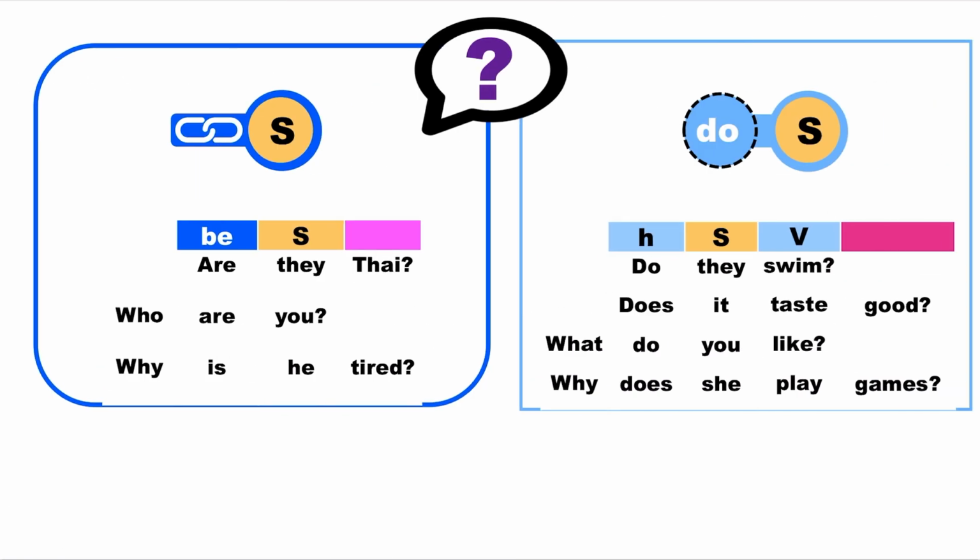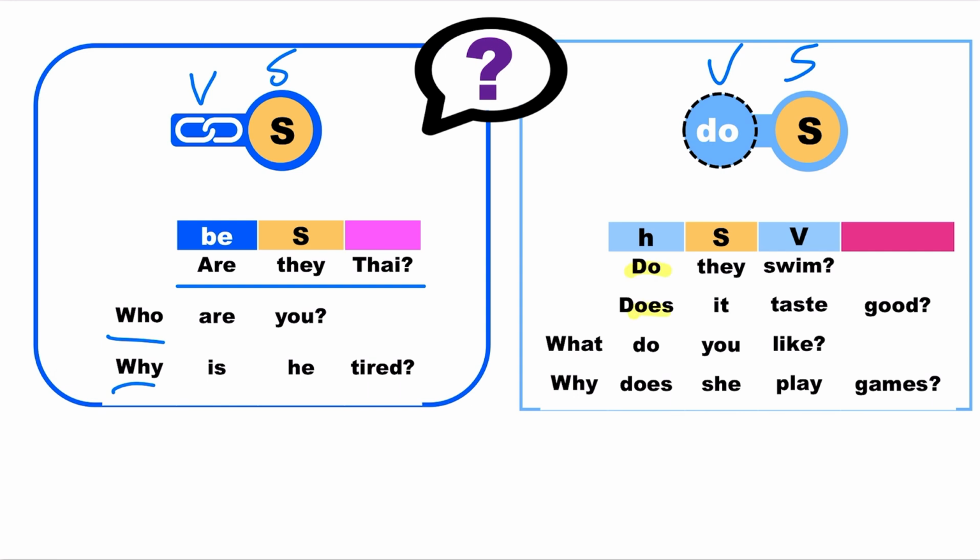Then we have questions when we want to know some information. The order is different. Verb first, then subject. Verb first, then subject. You can have a basic yes-no question. Are they tired? Be verb, subject. Or if you want some information, you add who or why. Or we have an action,